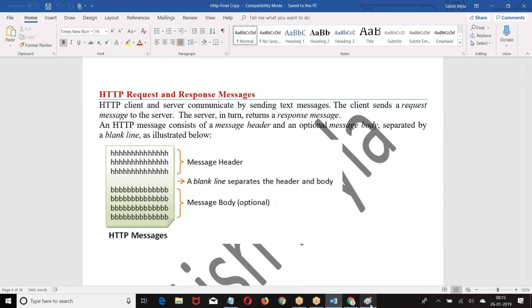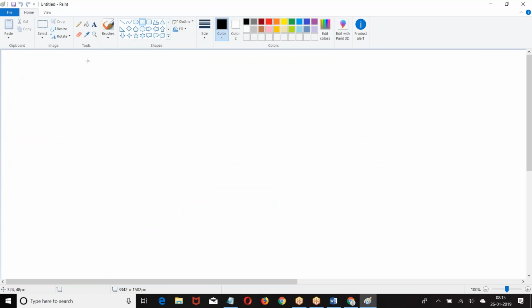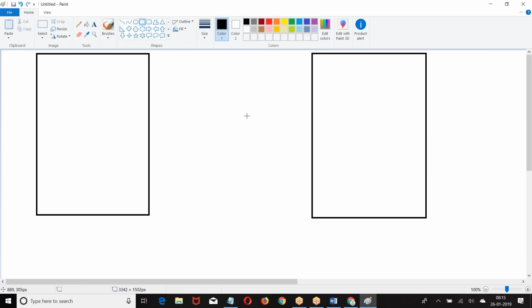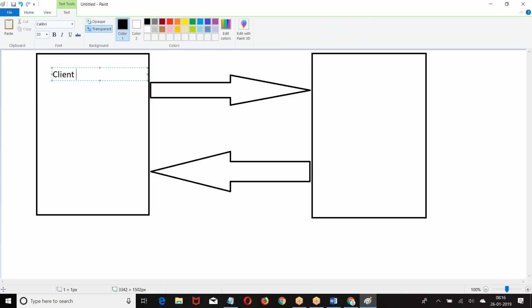Now, if two systems are trying to communicate using HTTP, they are using the HTTP protocol. So what was this? HTTP request.